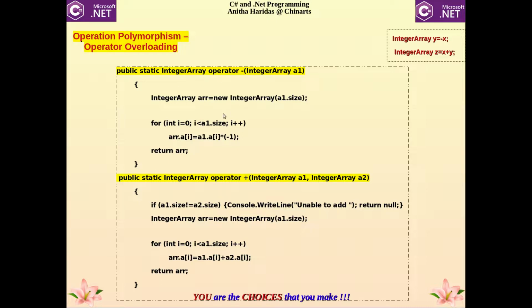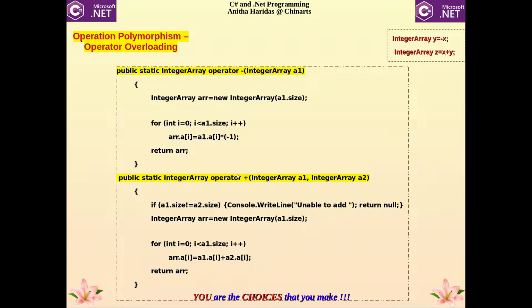So what I have done here, I have declared an integer array in a class called integer array, and when I use this negation operator, each element of the array will be taken and it will be negated, and I create a new integer array with the negated elements.